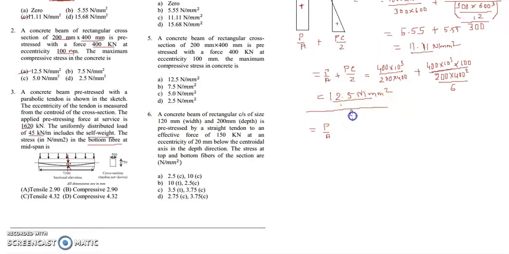Eccentricity at the midpoint is equal to 145 millimeter. So it is a positive eccentricity, a downward eccentricity. And the bottom fiber is going to be PE by Z. And again, because of the live load and the dead load, the bottom portion is going